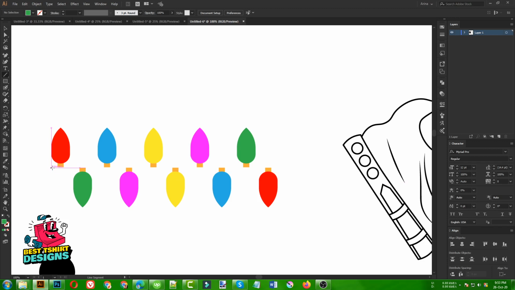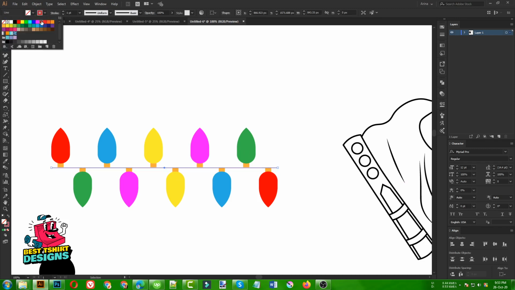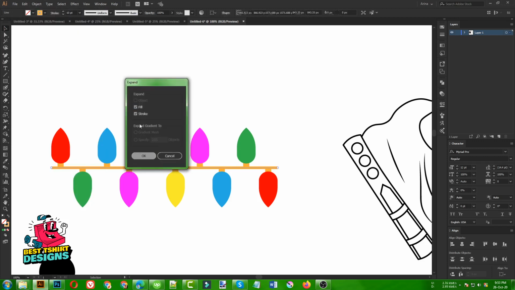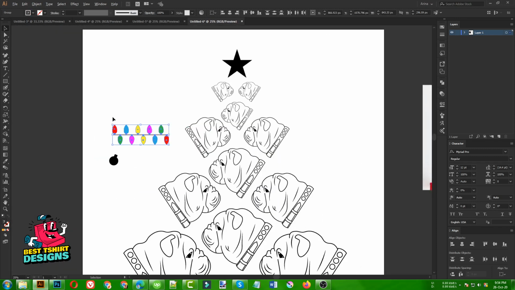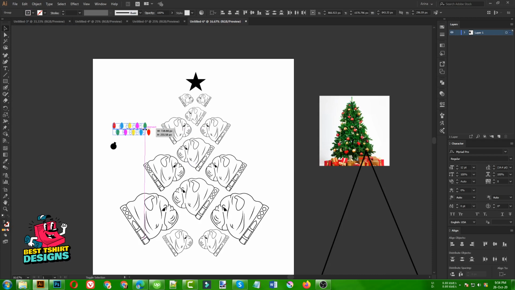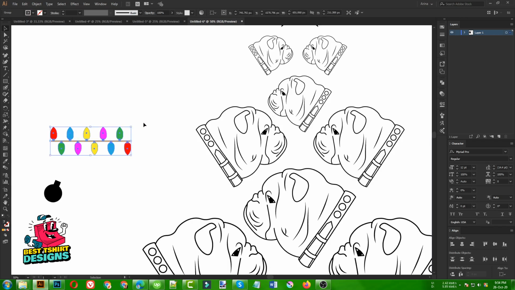Now I am going to draw a line here, just a line, but it has no fill or stroke. So I'm going to make it maybe this red fill or that yellow fill, that is the bottom part of the design, just like this. As it is a stroke here, I need to expand it, then it is good for me. Now I need to adjust the size. Okay, it is a bit bigger than my dog heads, maybe smaller like this, or maybe even smaller, just like this. So once it is done, I am going to make them a group.